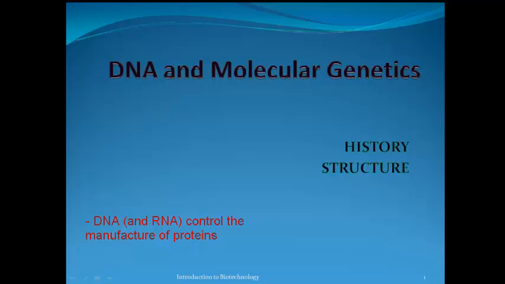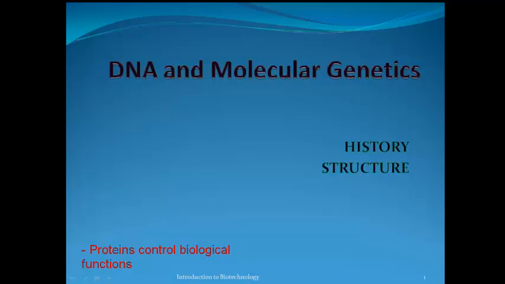And those proteins in turn control pretty much everything that goes on in cells and in organisms. And all organisms have the same set of processes. So the process of making proteins is the same for a human as it is for some little bacterium somewhere. Even our biological processes are quite similar. Our process of cellular respiration is really not that much different from theirs. That's why we call it a central dogma, because it applies to all living things.